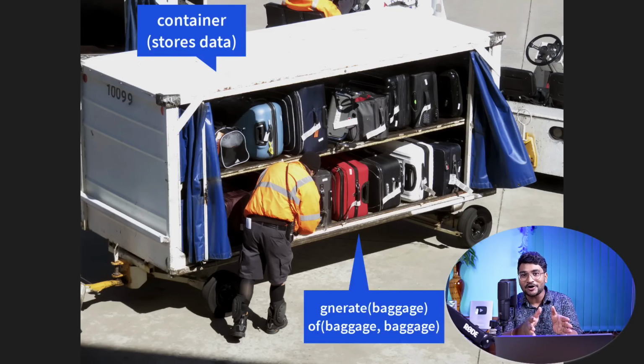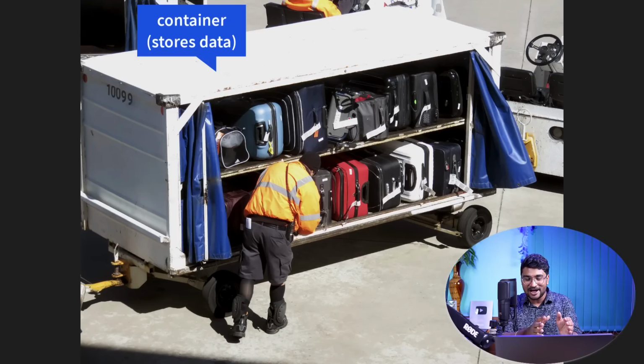This has a lot of data. Imagine these baggages are the data that you have, right? Imagine in Java, if you're going to imagine this scenario, I can think of a data structure like an array or an array list or some kind of collection which is containing all my bag objects inside it. So in Java, when you are talking about the Stream API, in order to perform some operation